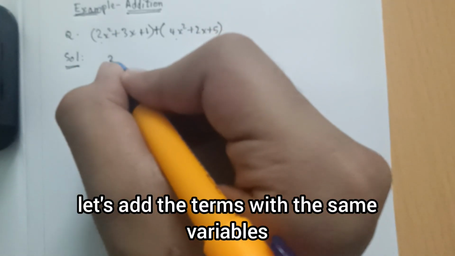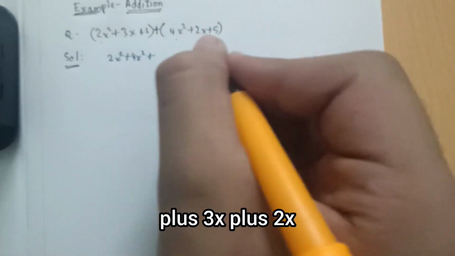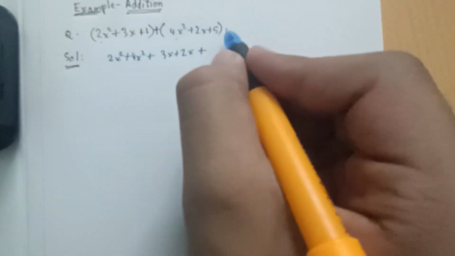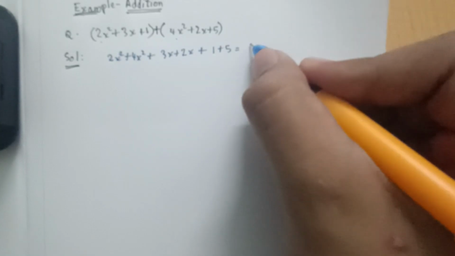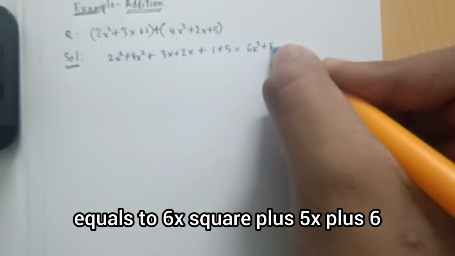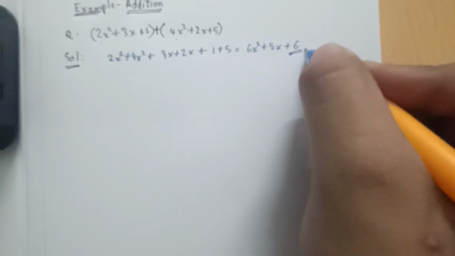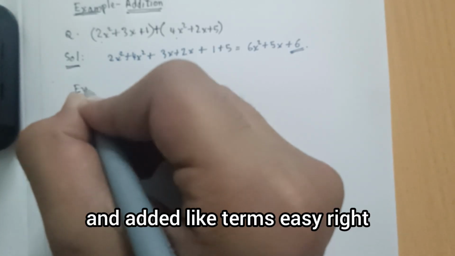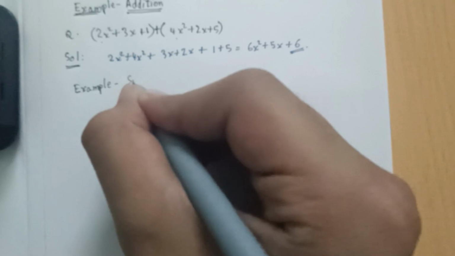Now 2x squared. Let's add the terms with the same variables, the like terms, I mean 2x squared plus 4x squared plus 3x plus 2x plus 1 plus 5, which equals to 2x squared plus 4x squared equals to 6x squared plus 5x plus 6. So this is the answer. We just grouped and added like terms. Easy, right? Now let's go with the subtraction